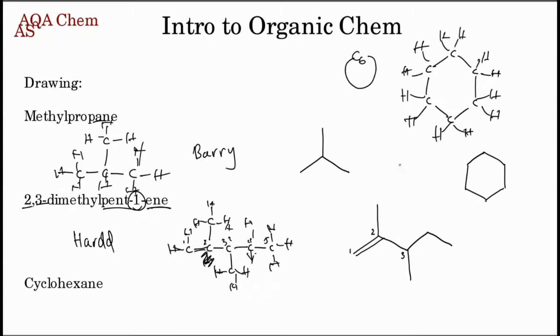That's cyclohexane. Now, cyclohexane is a very particular molecule. It's very special. Let's call it Karen. And you know, that's it. That's the first naming and drawing in Intro to Organic Chem. Next video, isomers. Have a good